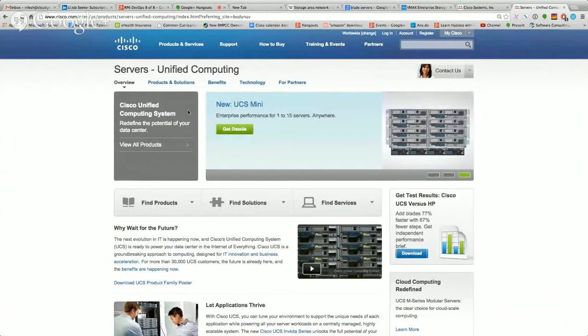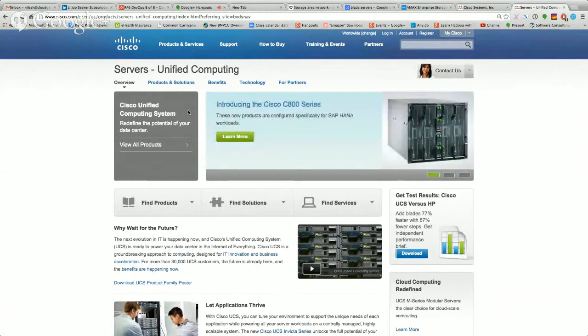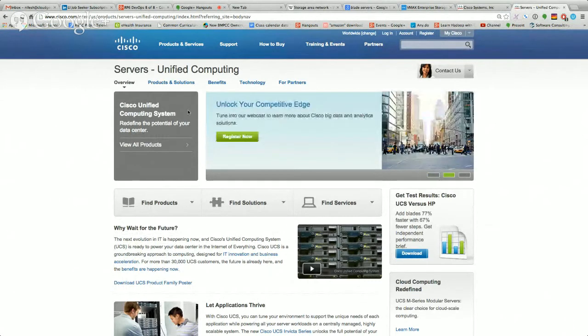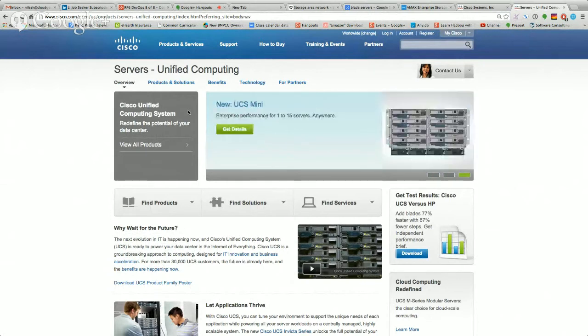Now, people are slowly moving away from this old style of owning your infrastructure in your building, to putting it in somebody else's building, like Google's, Amazon's, Microsoft's or Rackspace's. Some other companies want to keep it all in-house and still have the benefit of cloud computing.